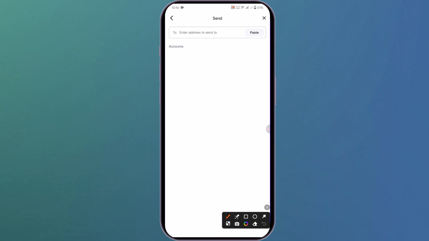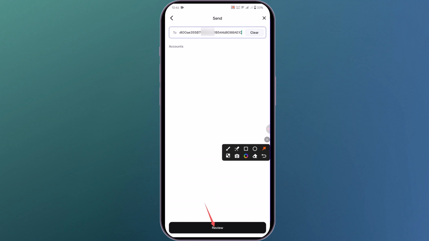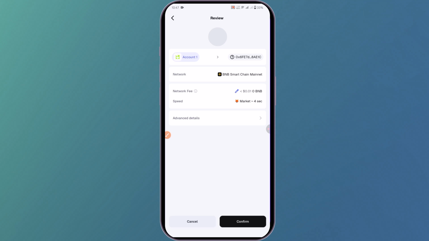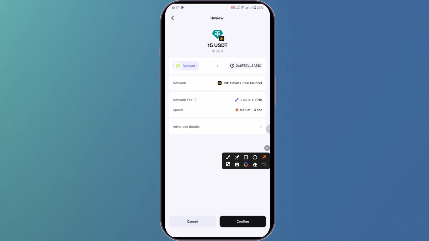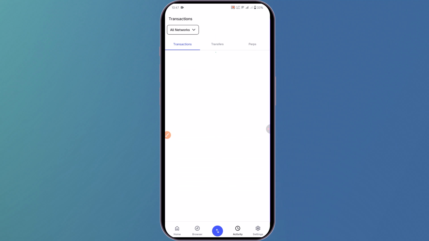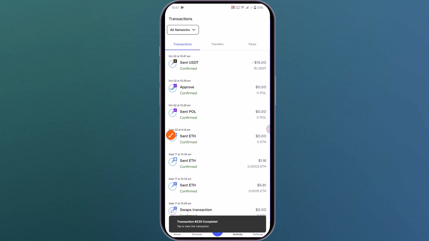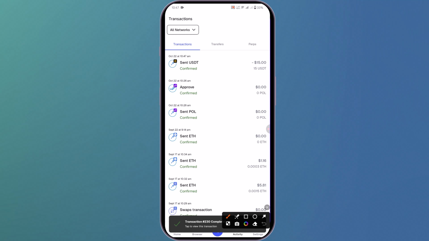Next, you need to paste the address you copied earlier from Trust Wallet. Then click on review. And after that, click on confirm. Now the transaction is being processed. Once you see the message confirm,